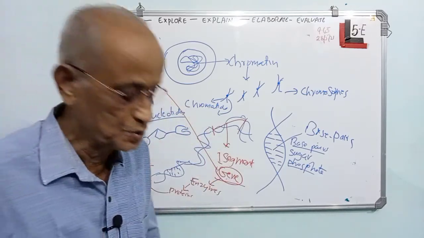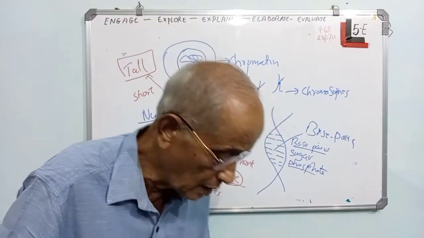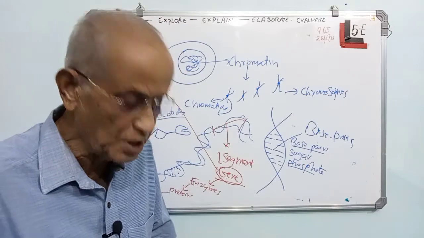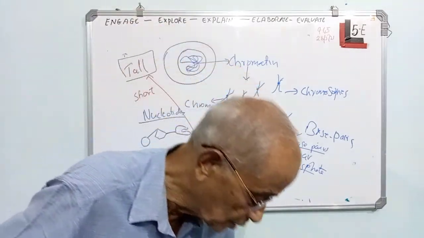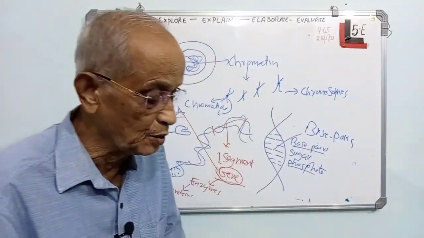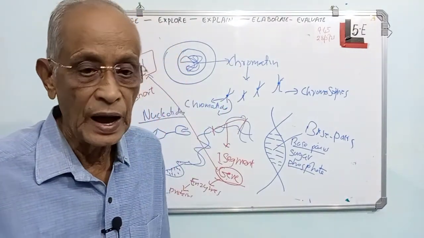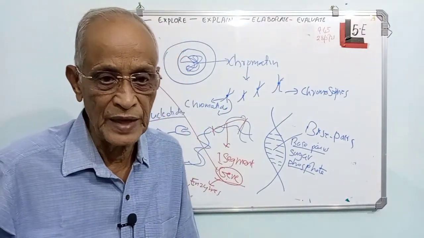Like that, the study of the genetics using the gene as the basis is known as modern genetics, that you will be studying in your higher classes in much more way than what I